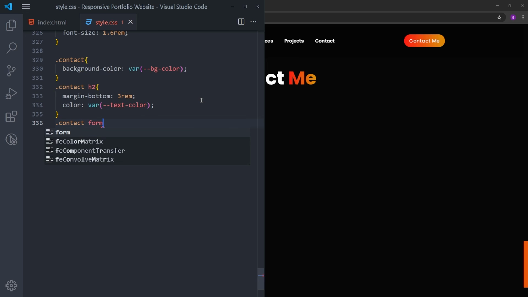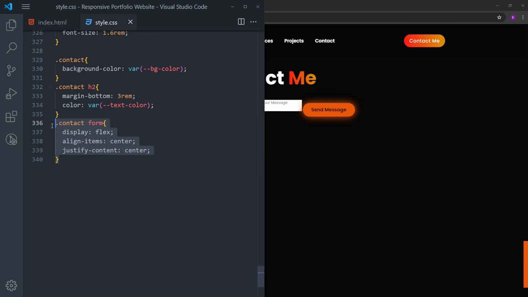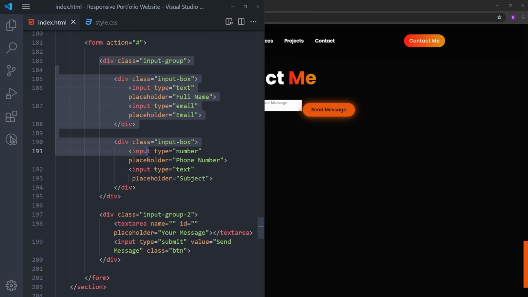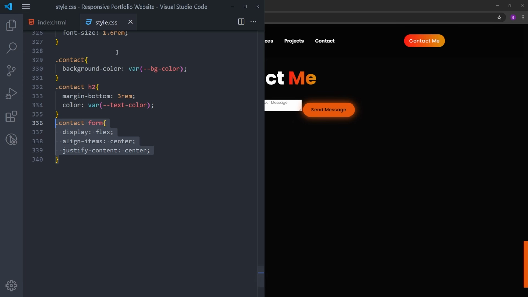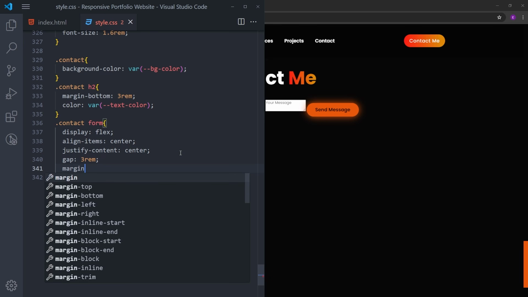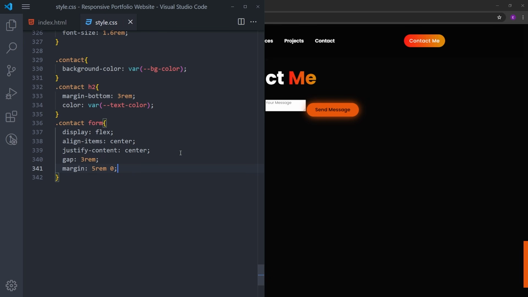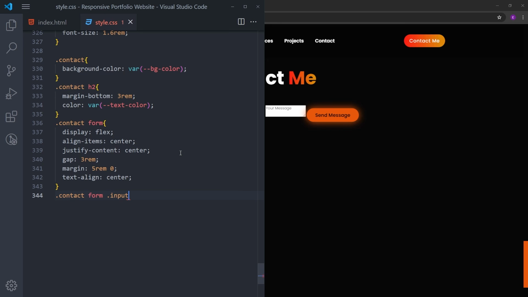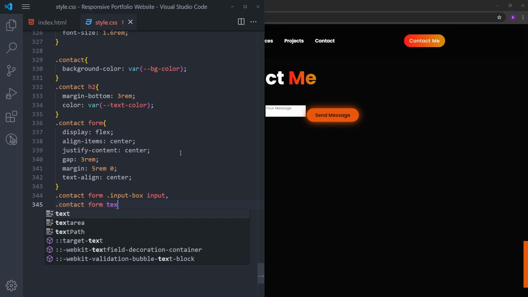Let's select the form and make it a flex container. Align everything. So this will basically bring these input groups side by side, and I will put some gap between them and a margin at the top and the bottom and 0 on the sides. And let's also center the text. I will select all the inputs, select the text area as well,